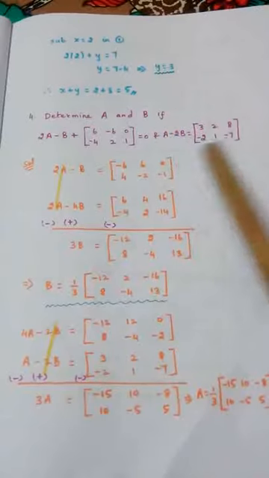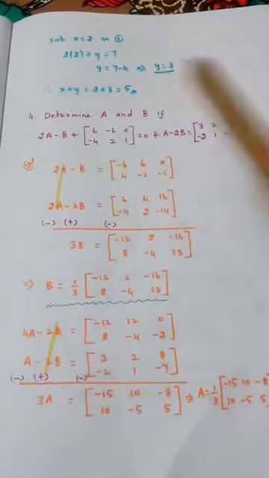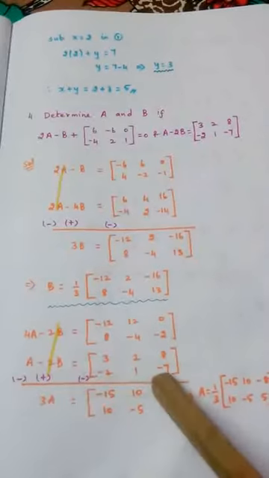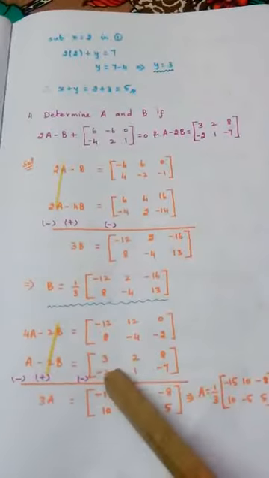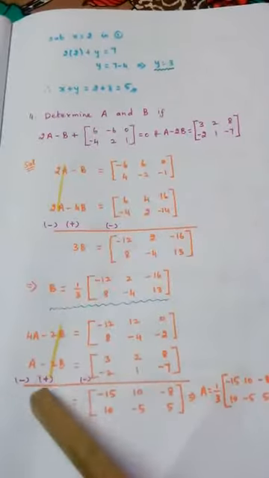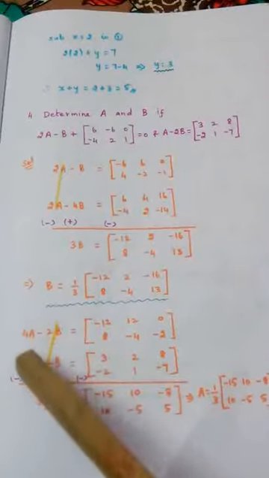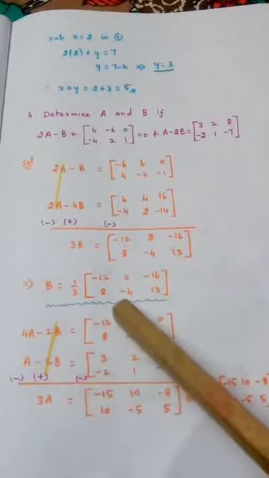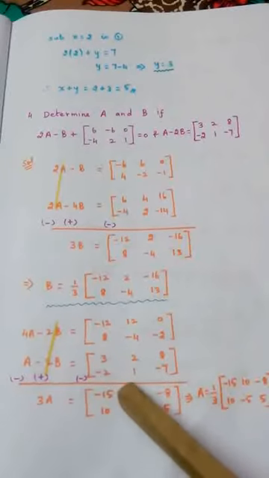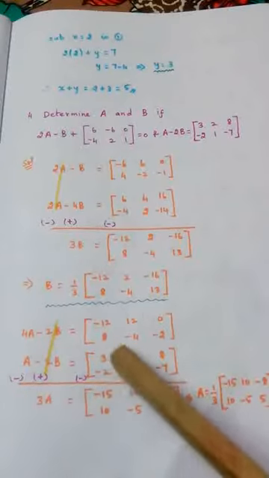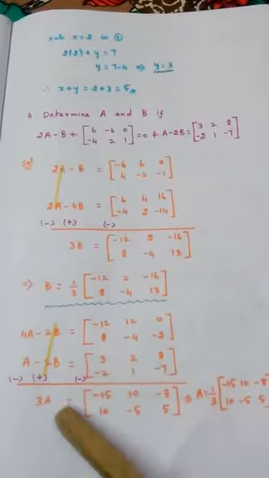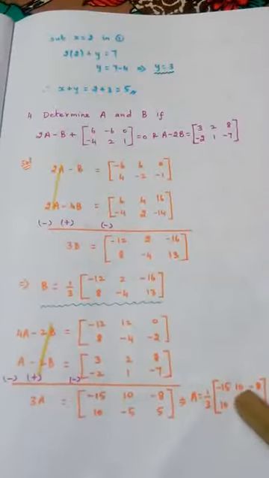Now I will write this equation as it is, just as how it looks. Take the same thing and write here. Now change the symbol. B term will get cancelled. 4A minus A, 3A. Same way you just take corresponding terms. Minus 12, minus 3, minus 15. Same way just simplify and write this matrix. Again 3 is taken to the other side. So A is equal to 1 by 3 and this matrix is written as it is.